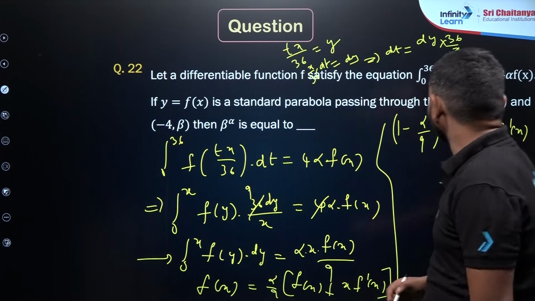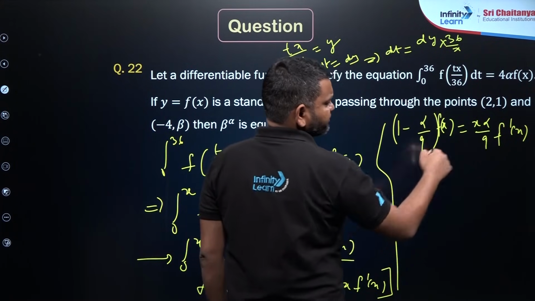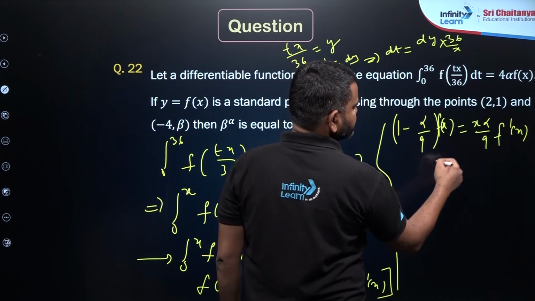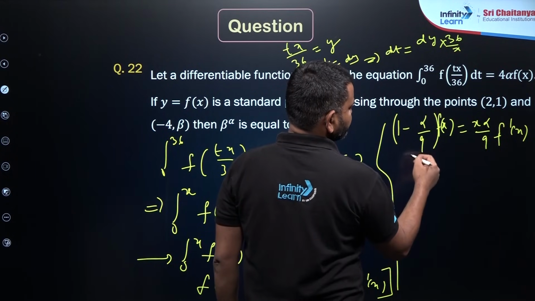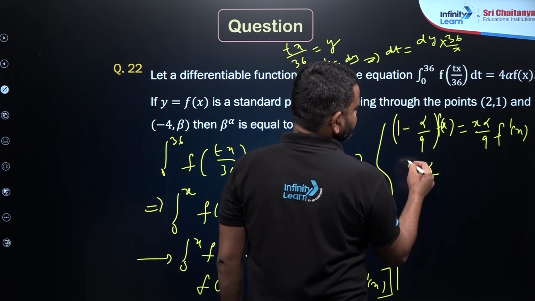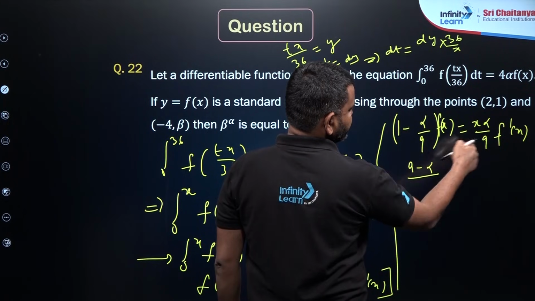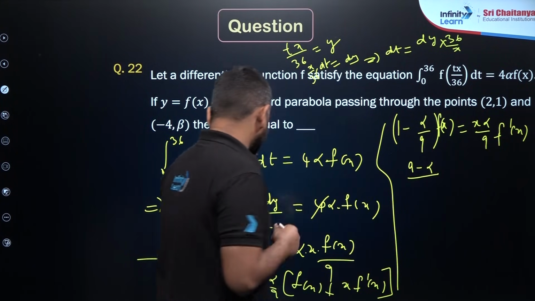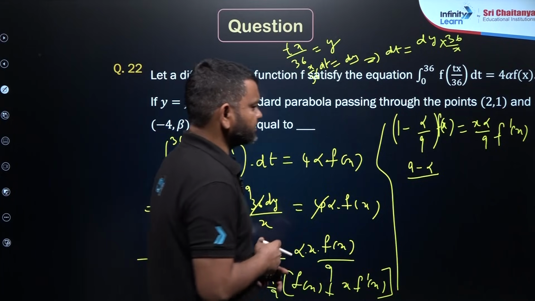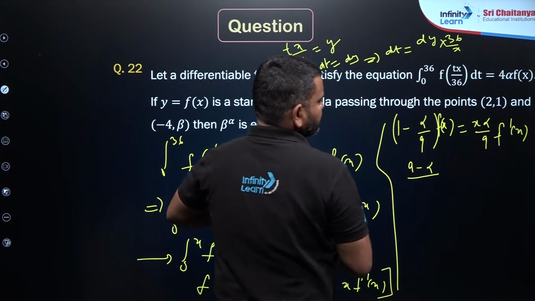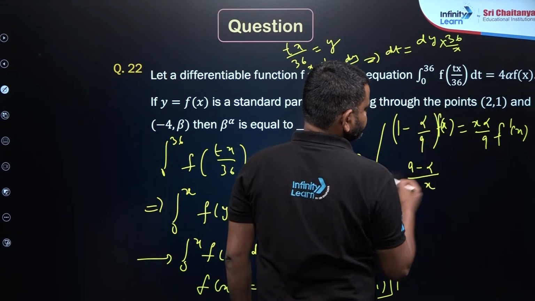This is what I am getting. Now f dash x by f of x, if I am writing, this is going to become 9 minus alpha by 9, 9 is getting cancelled, or you can simply write this as 9 minus alpha divided by x